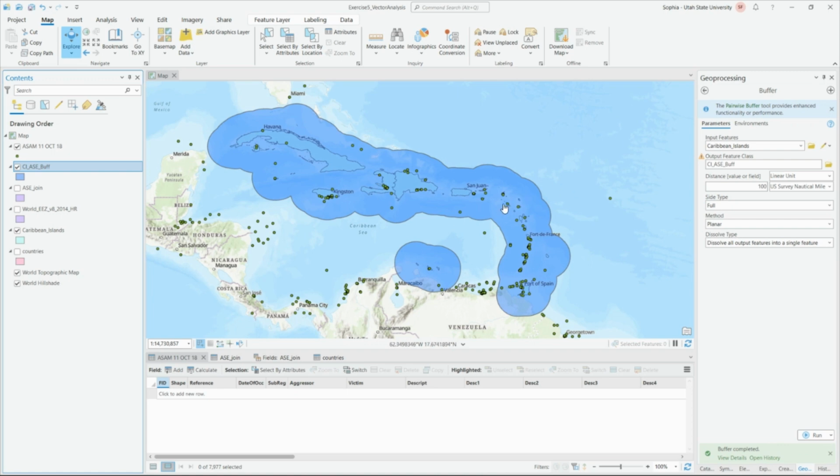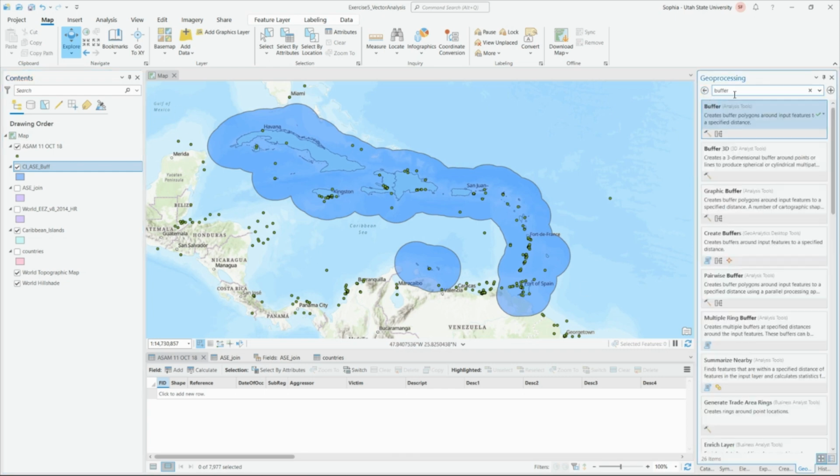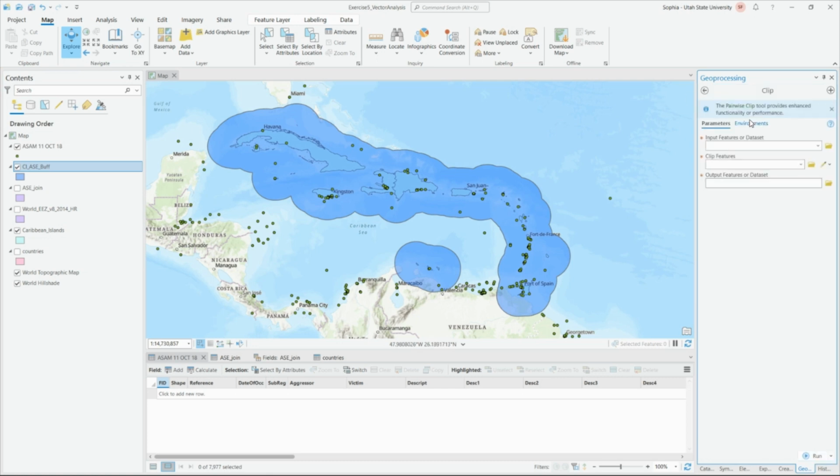Now we're going to use this shapefile, and we're going to clip our anti-shipping events file so that we can visualize just the piracy events that are happening within the buffer instead of getting all these ones outside of our area of interest. So we're going to come back to our toolbox, search for clip in our analysis tools. We're going to clip from